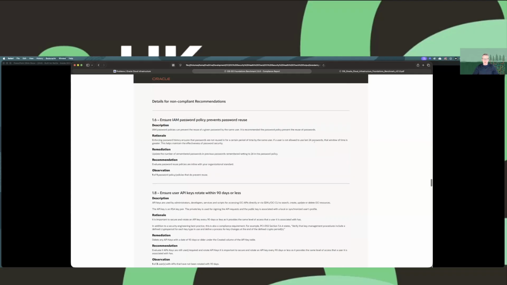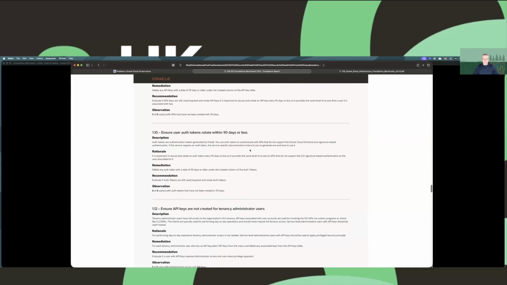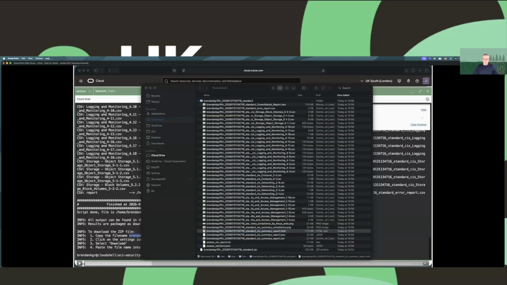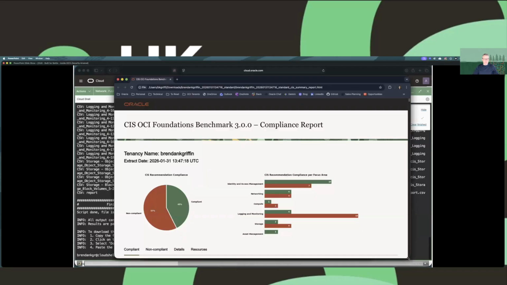Then at the bottom of the report, what it actually provides you with is more prescriptive guidance on exactly how to resolve this issue and a little bit more information on what was actually collected from that. If we go back to the video I've got here, I'll show you the latest version of the report, which does look slightly different to that. So